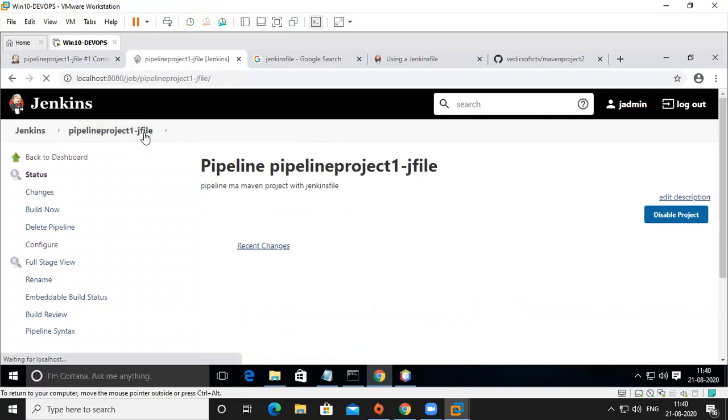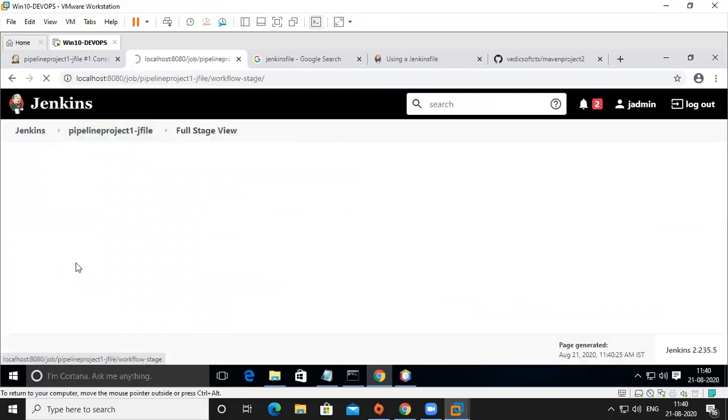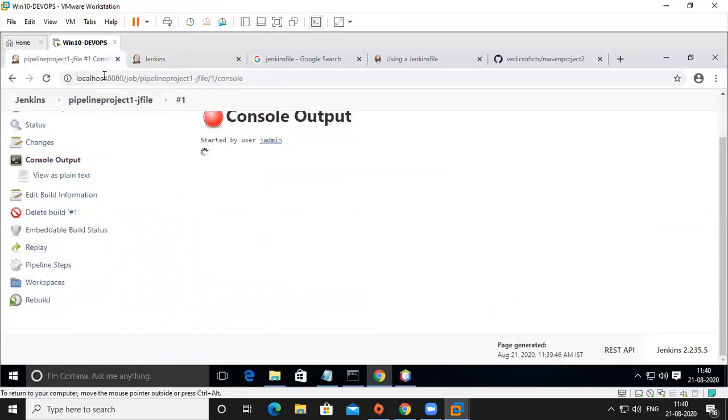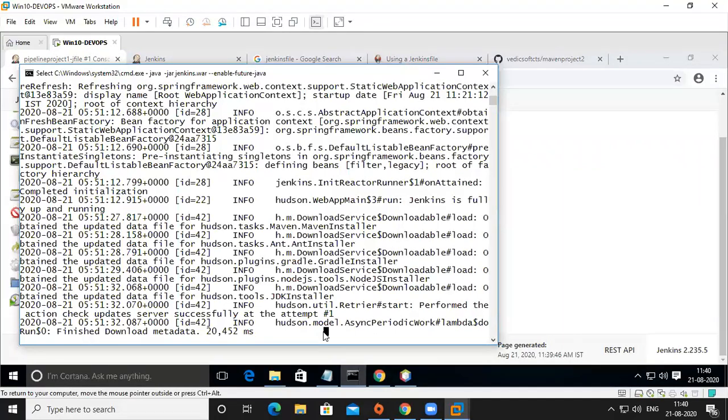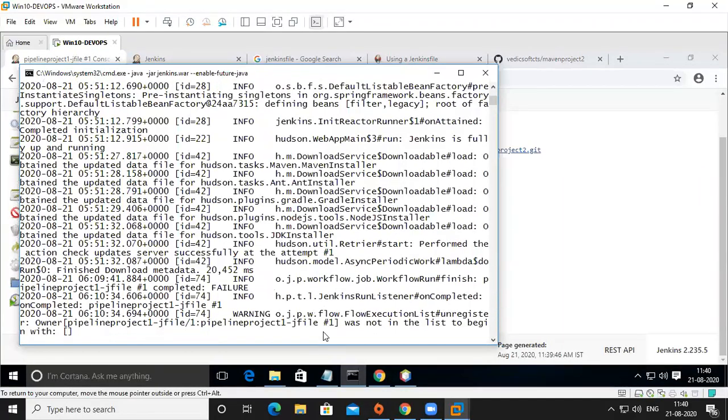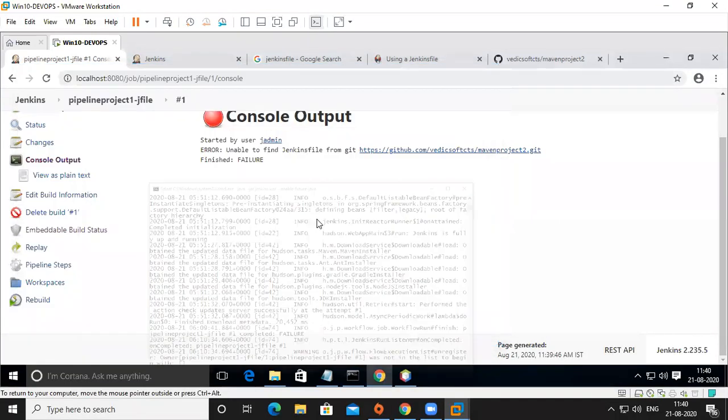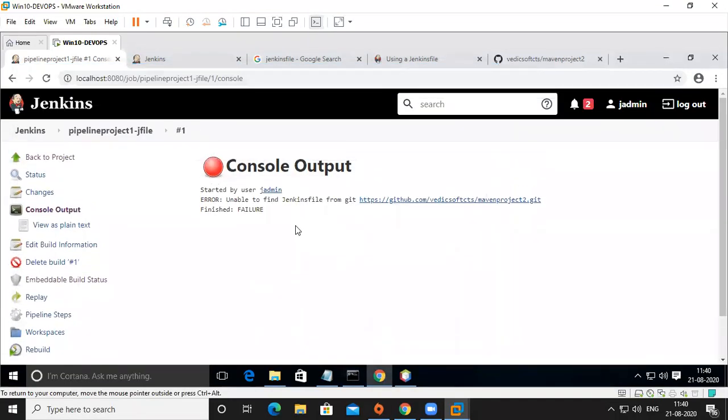I don't want that. Stage view: nothing has happened yet. It is still running. Sometimes it is slow. Then what you do is just press enter here at the bottom. Then automatically it will start. Yeah, very good. It failed.